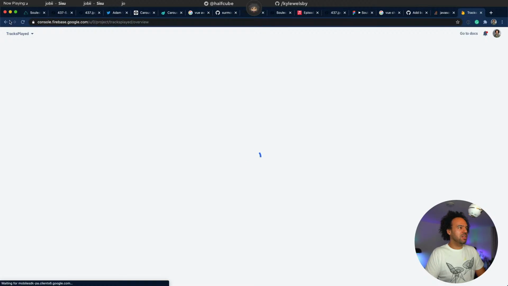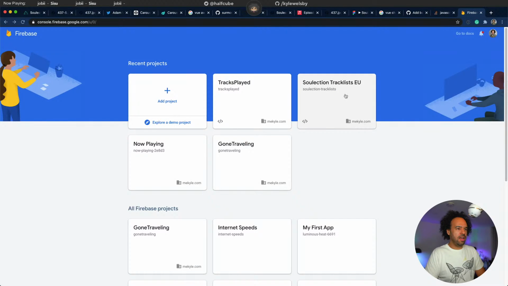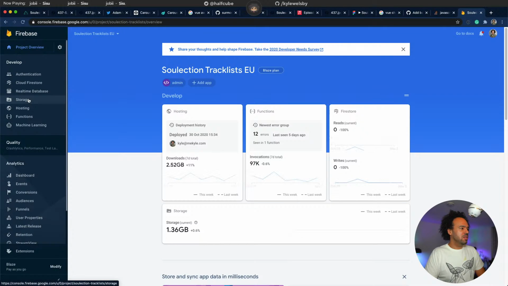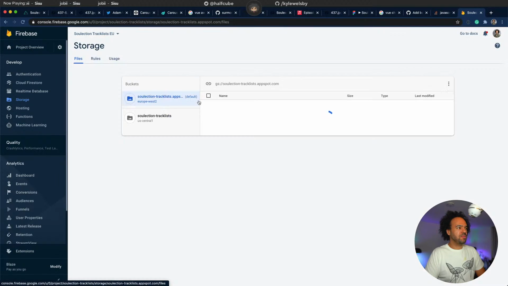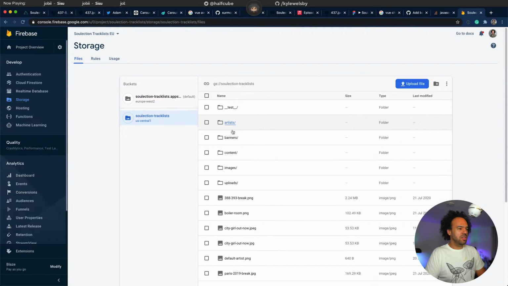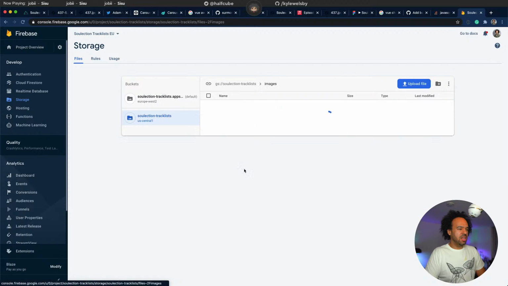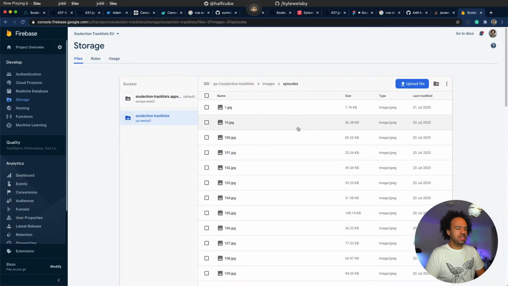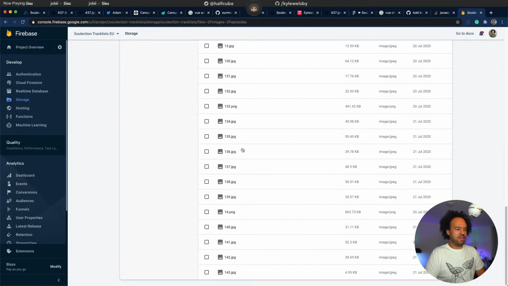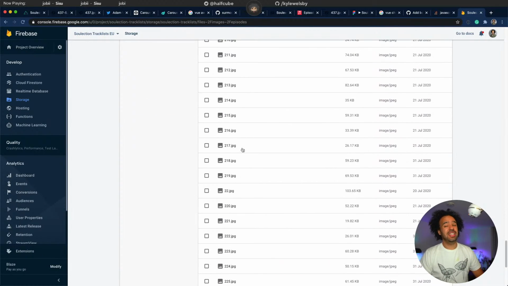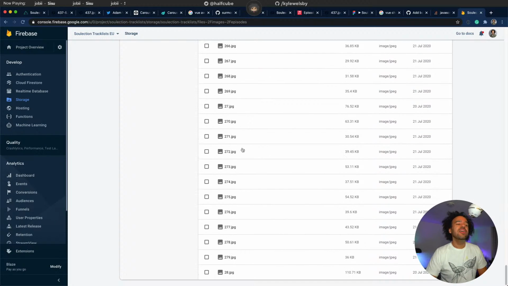Console track in the wrong project. Selection track list EU. Storage. And we've got to go into central, images, episodes. I wanted to check for sanity. It takes ages to get to this point.